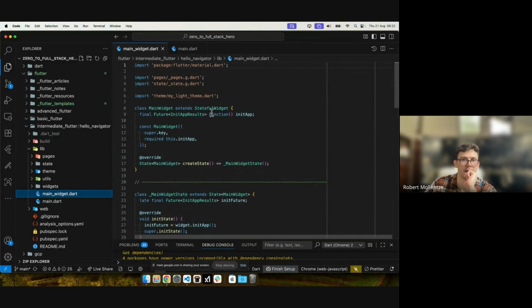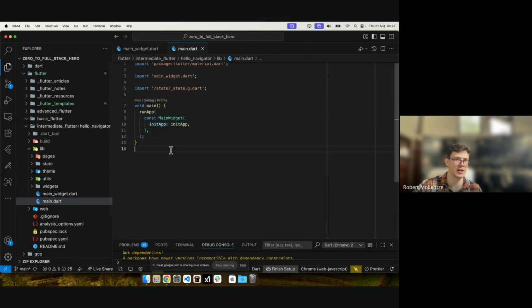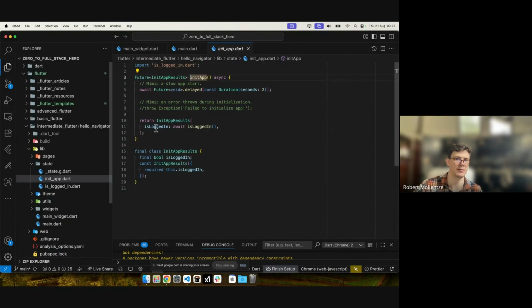So I have to find a stateful widget here as the root of my application, the main widget of my application. And the reason is the following. I have initialization logic here. So if I go to this file here,